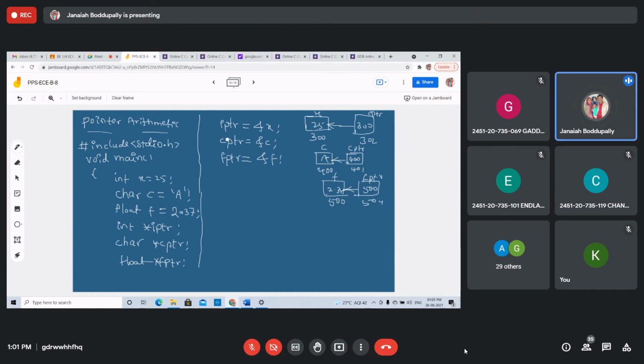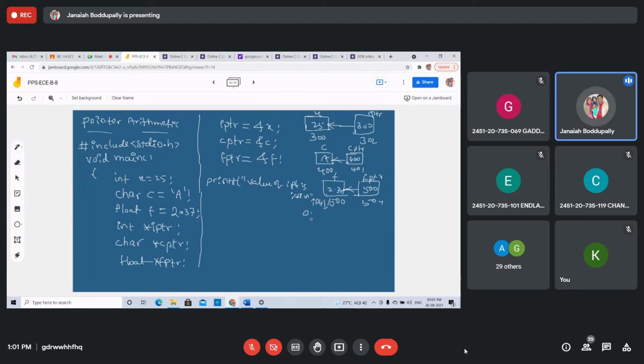Now, after this, we use printf statements. Printf: value of IPTR is percentile D, IPTR.